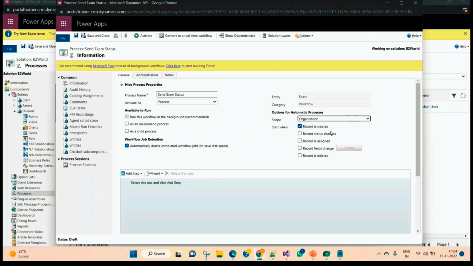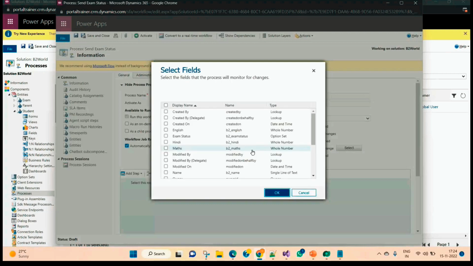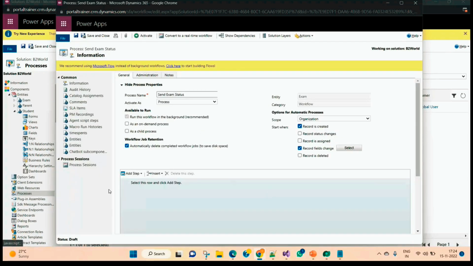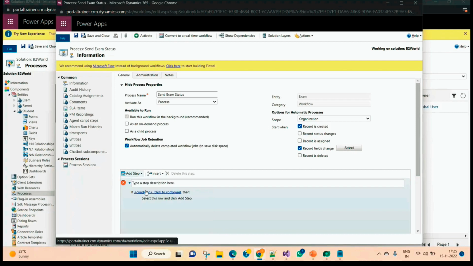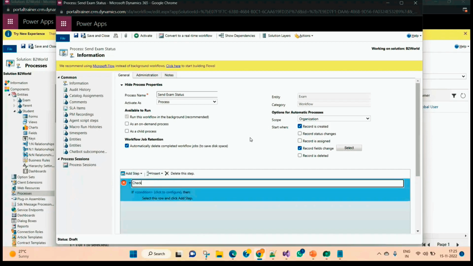So you can choose exam record creation, or record field change, which means I want to update the exam status, right? So it will work for exam creation and exam status field updation. So you can see here we have add step. So click on it. I'm checking some condition like exam status is fail, or